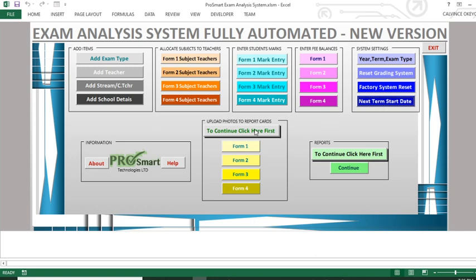Then there's also a section here where we will be uploading photos. These are students' photos. You need to upload student photos so that the report cards of each and every student has his or her photo. But how does the system do this? Now you must have a folder on your desktop, and you have to name this folder students photos. That will be the name of the folder on the desktop,